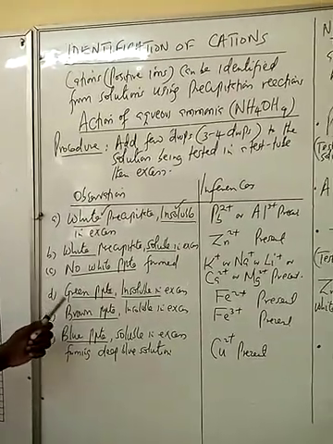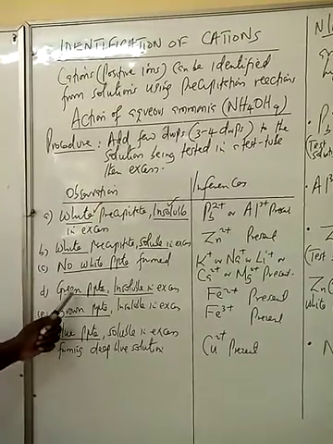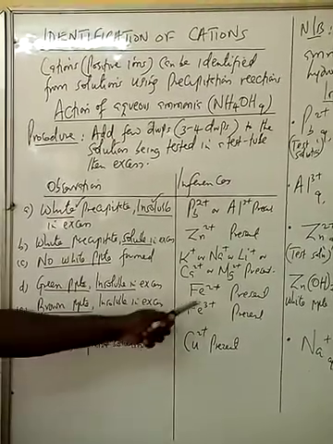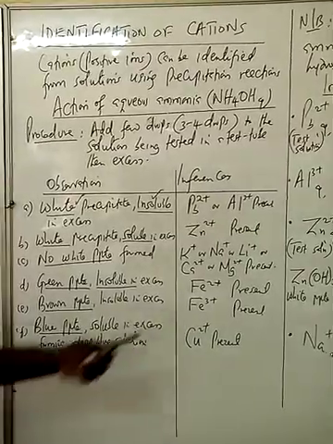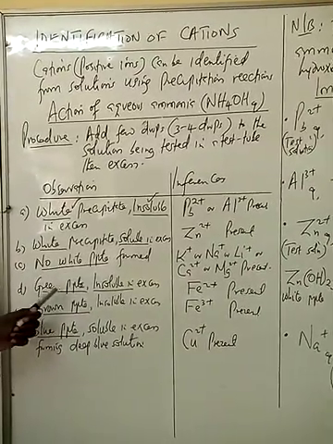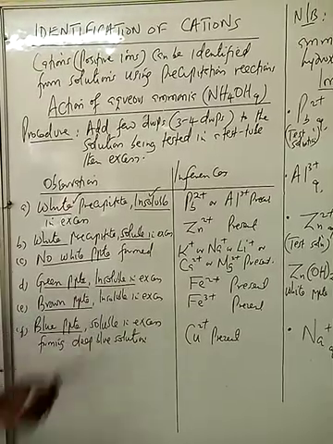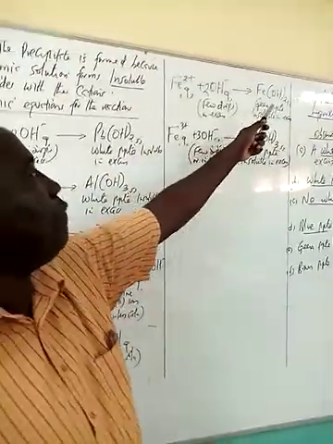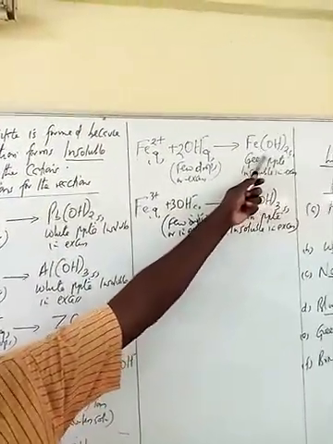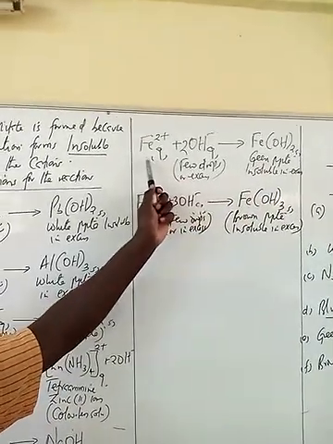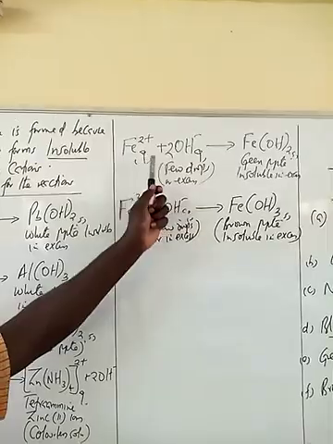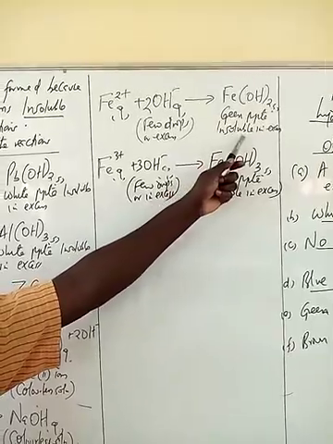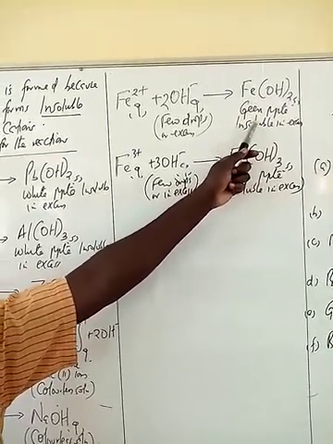Green, if you add a few drops and excess, you get a green precipitate. Then the green precipitate is insoluble in excess. You infer iron 2 ions. Iron 2 ion is the only ion which will form a green precipitate which is insoluble in excess. It is insoluble in excess because the hydroxide formed will not dissolve in excess ammonia. And this is the ionic equation for the reaction. Iron 2 reacts with hydroxide, forming iron 2 hydroxide, which is a green precipitate, and the precipitate does not dissolve in